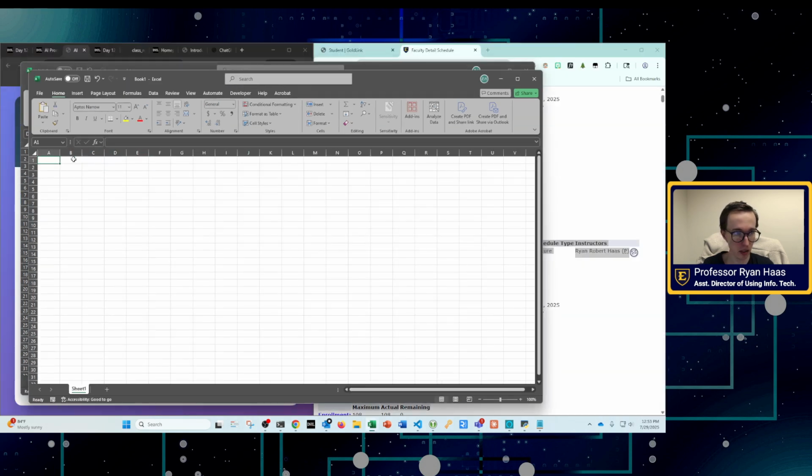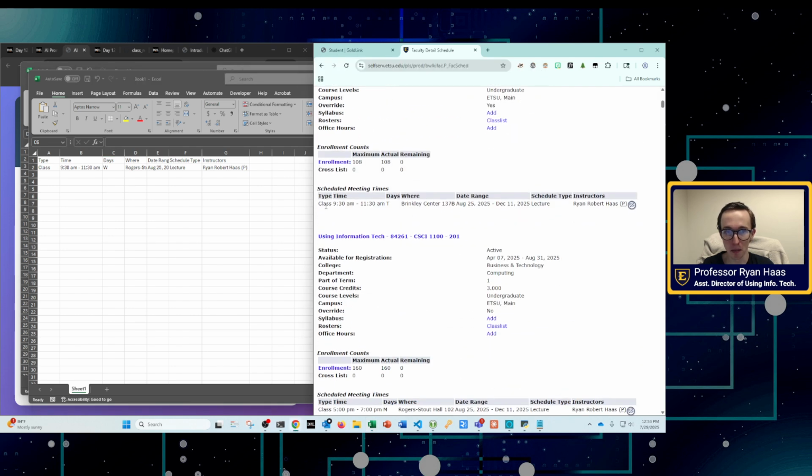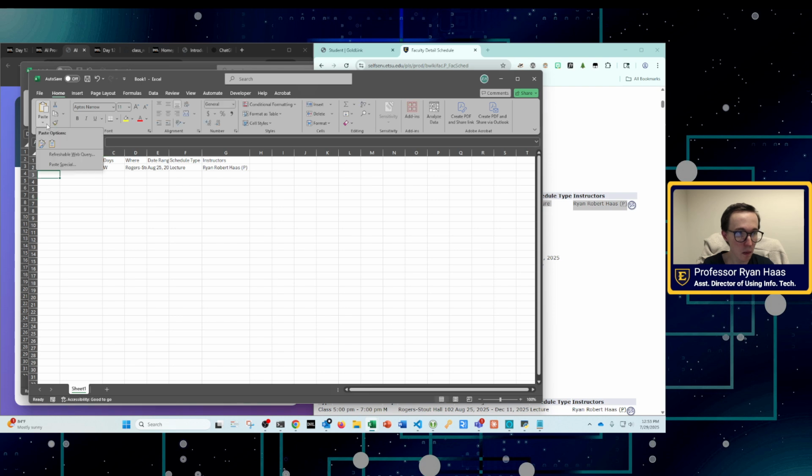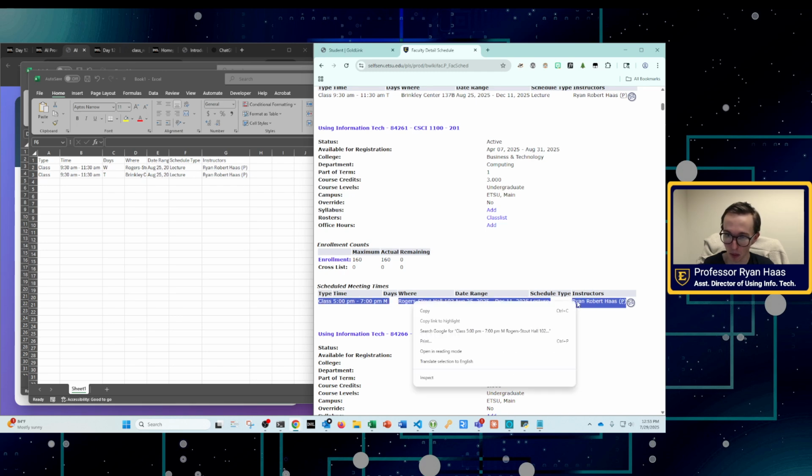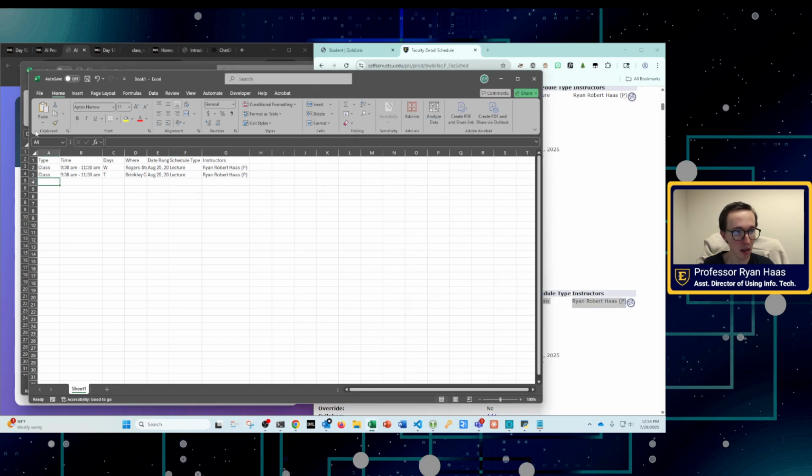So let me paste this without formatting. And see how these skills are connecting. This is why we expose you to Excel, so you can use it and integrate it. And I'm going to copy these different things. So imagine these are your classes for the semester. I'll stop at 3 because I think you get the point after that. So imagine these are my classes for the semester.